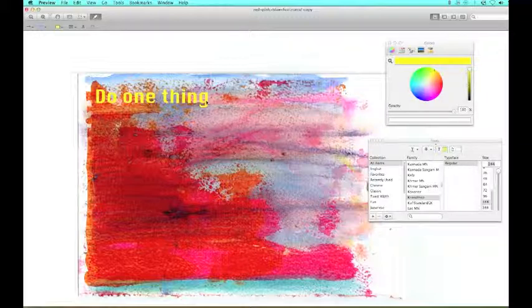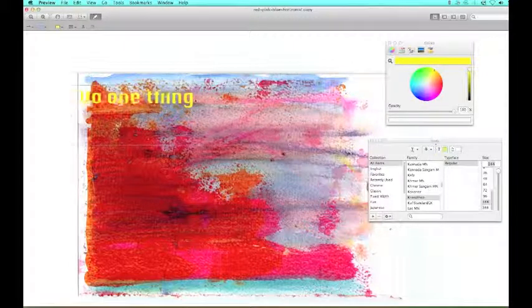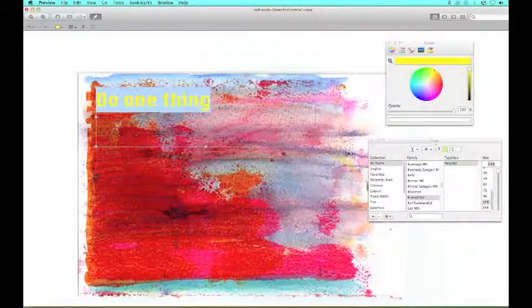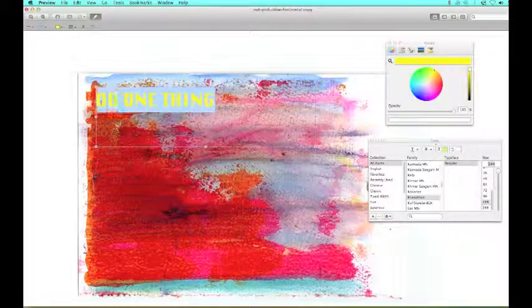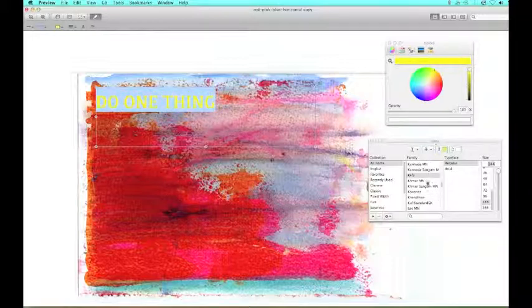Now the other thing I realized, oh, you know what? I don't want this in lowercase. Oops. I didn't want to move you yet. I want it in uppercase, so I'm going to end up typing it after all. Do one thing, and I want to make that bigger. So I come over here. Now, this is where you can select a different font if you wanted one, okay? So you could really change the way it looks. Oh, that one's not bad, but